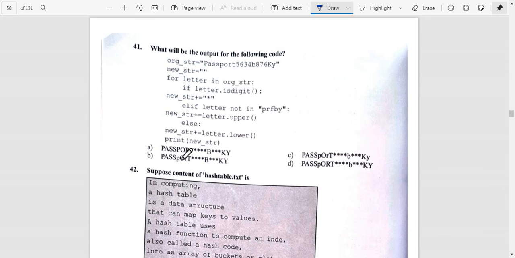So the answer for 41 is C. According to isdigit, upper and lower, the function will perform on this value. Wherever there is a digit, print the star. Everywhere we have a digit, a star symbol should be printed. So the answer is C.